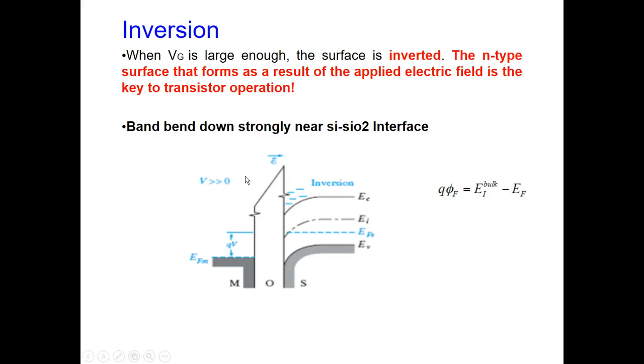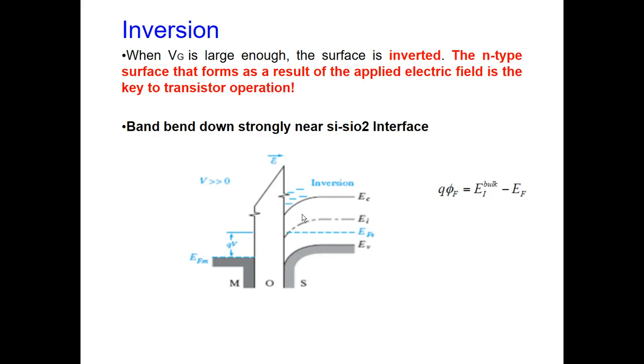Here we can see the inversion mode of operation of the MOS capacitor. When the gate is made more and more positive, what will happen? The depletion region width stops increasing, and more electrons accumulate near the Si-SiO2 interface. In the depletion mode of operation, we said there is a depletion region formation, but if we are again increasing